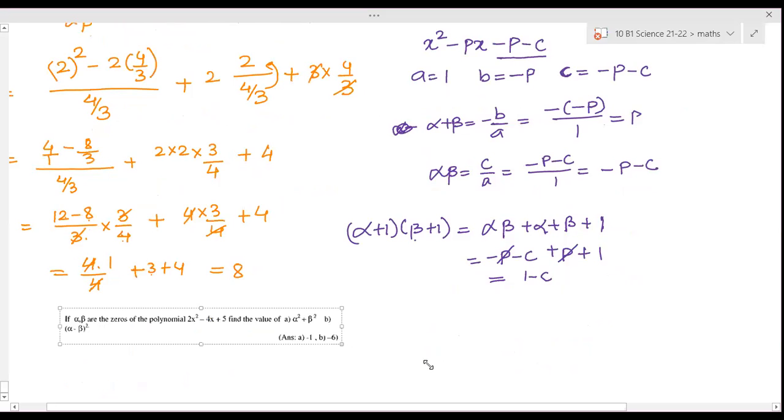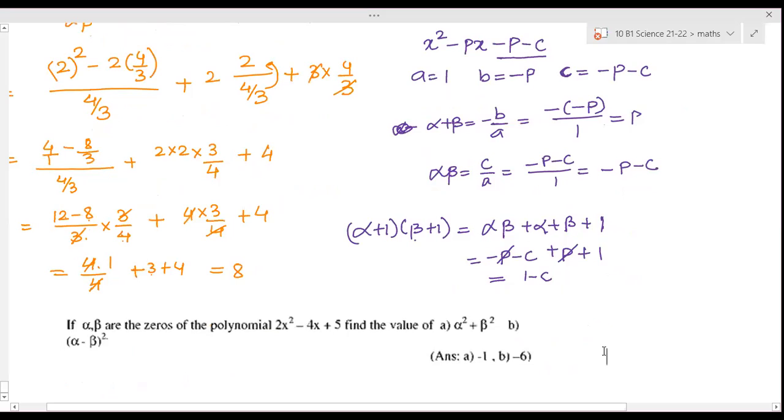Nineteenth one. Now you can solve alpha square plus beta square and alpha minus beta whole square. Ma'am, so basically in this chapter, all the questions are concerned with the product and sum of alpha and beta. Yes, right. Still we are doing quadratic, then the similar one for cubic, and then finally the division algorithm.